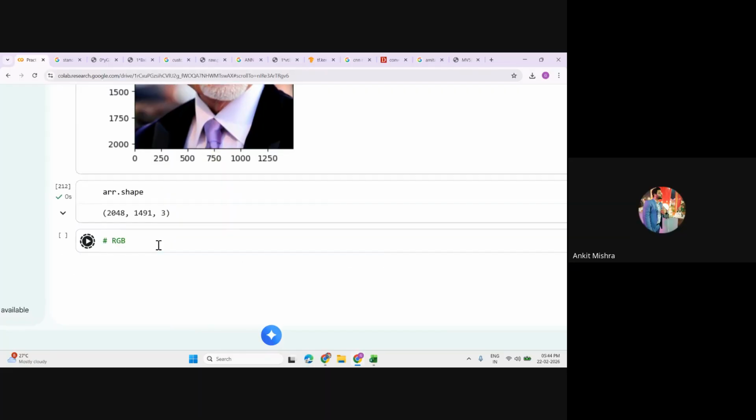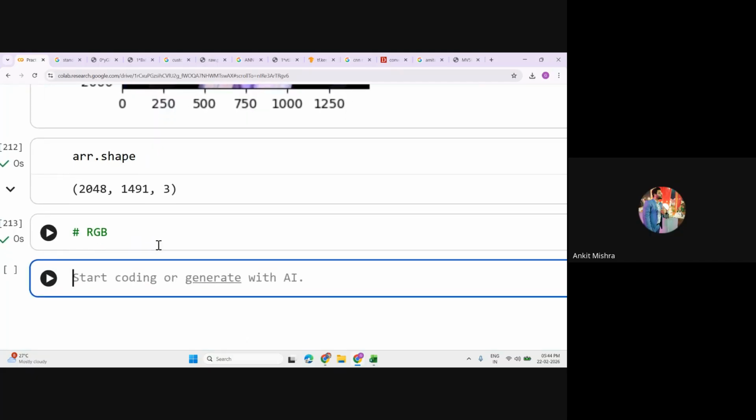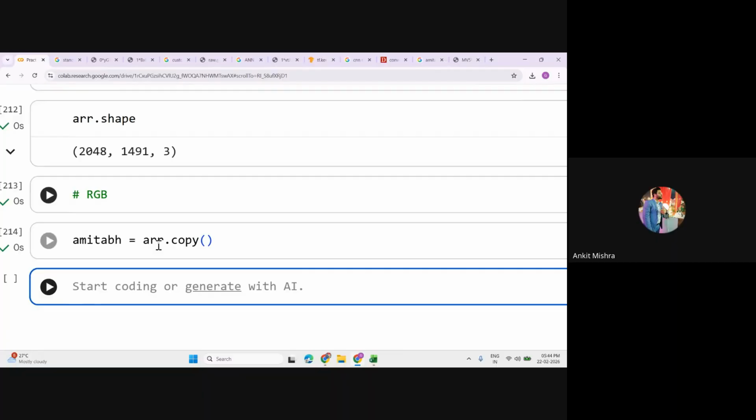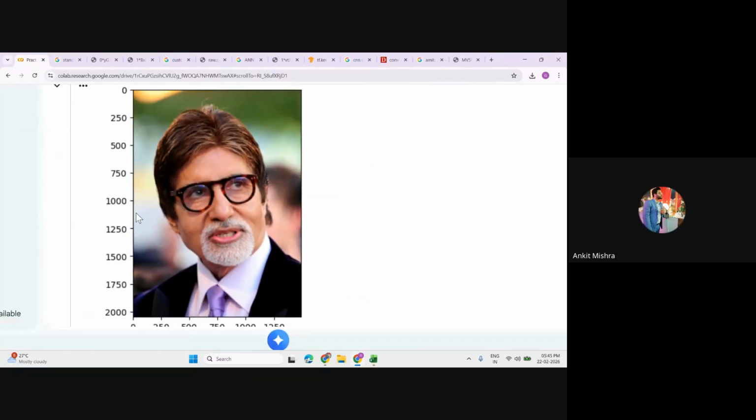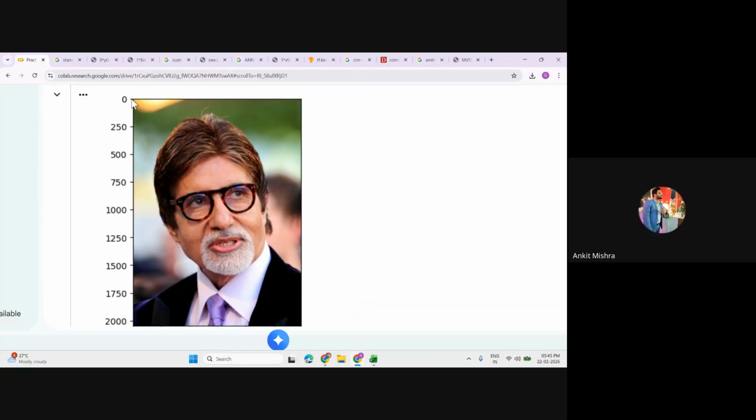So let's just create another channel. Let's create another ARR. So it's like Amitabh is equal to ARR dot copy. We are just creating the copy. Why are we creating the copy? Because we want to slice out some values, right? So let's just slice out the values of